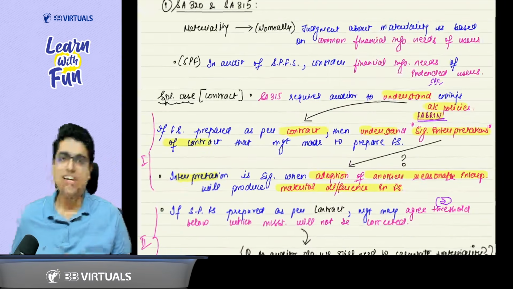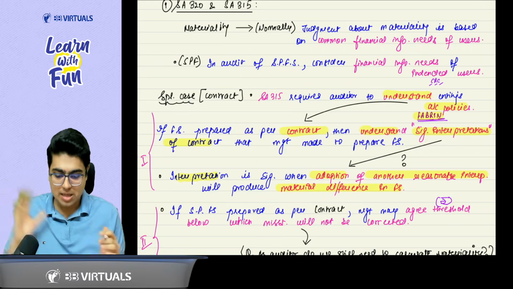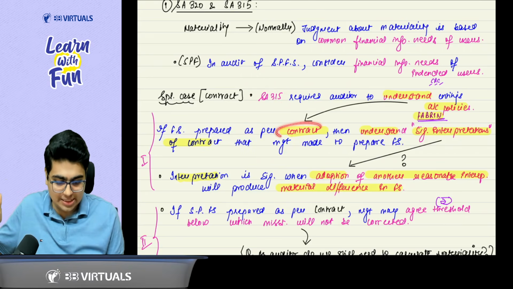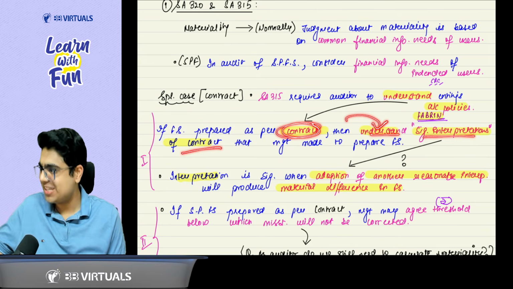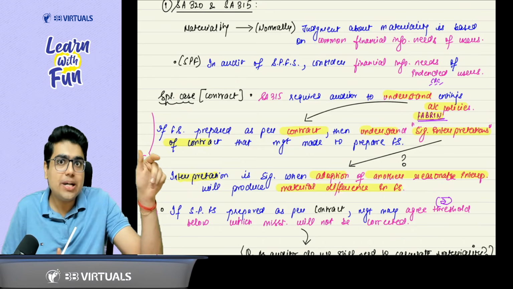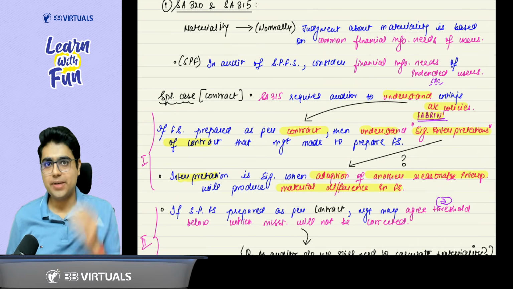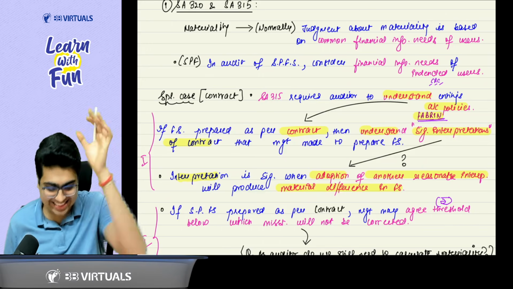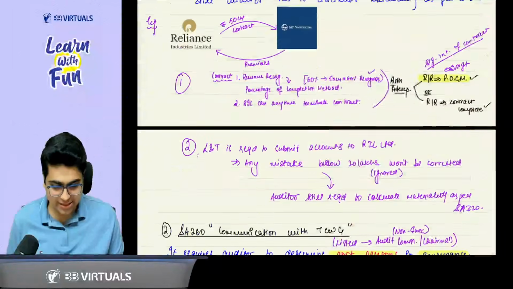So this is what I was trying to teach you, that as per 315, you need to understand accounting policy. But because now the financial statements are prepared as per contract, you need to understand significant interpretation of contract. What is a significant interpretation? If another interpretation was adopted, it will lead to a material difference in the financial statement. You got the concept or not? Yes, sir. Now comes the second part. Now, sir, what is the second part of this game?